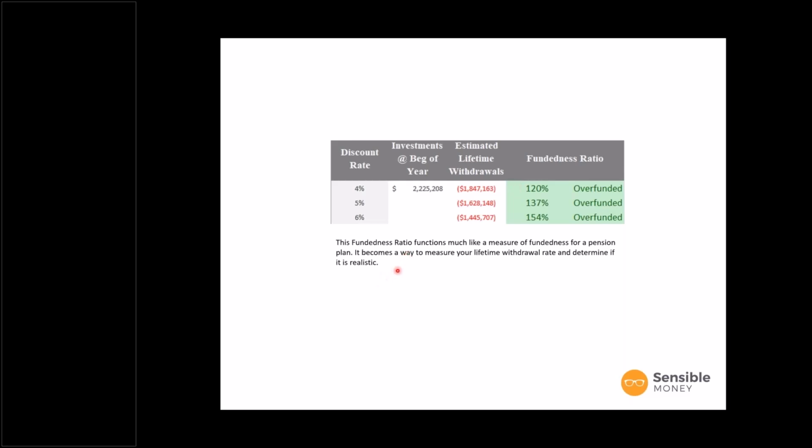Now, think of this like a lifetime withdrawal rate. There are a lot of articles out there about how much you can withdraw in percentage terms. We were talking before the webinar started about a Reddit thread that's gone around saying you could withdraw as much as 8%. And the reality is there are some years where you can. If we were to go back and look at years where Larry and Ellen make a car purchase, well, that might be something they pay for with cash, and they will be withdrawing far more than 4% of their portfolio, most likely during those years. So how do you know, if you can't measure year by year, if your plan is sustainable? Well, we like this lifetime withdrawal rate.